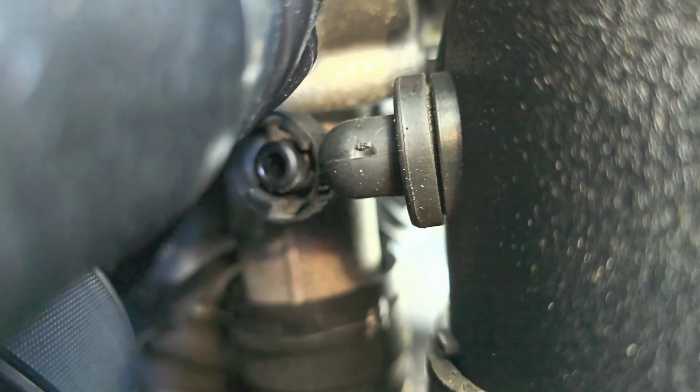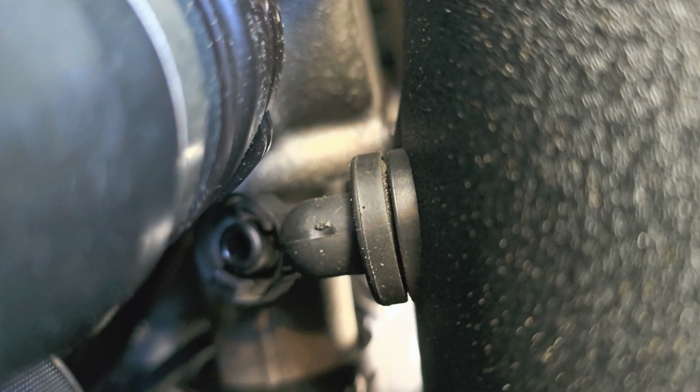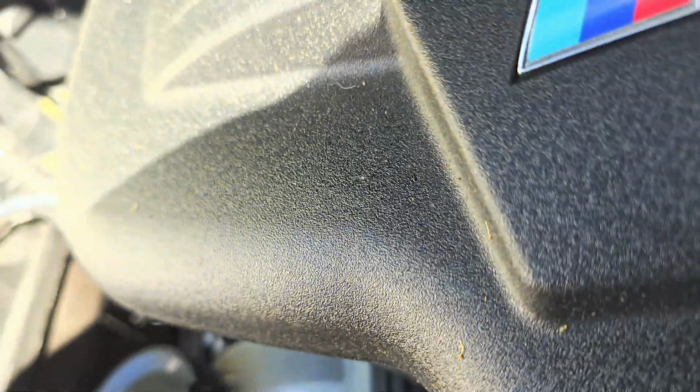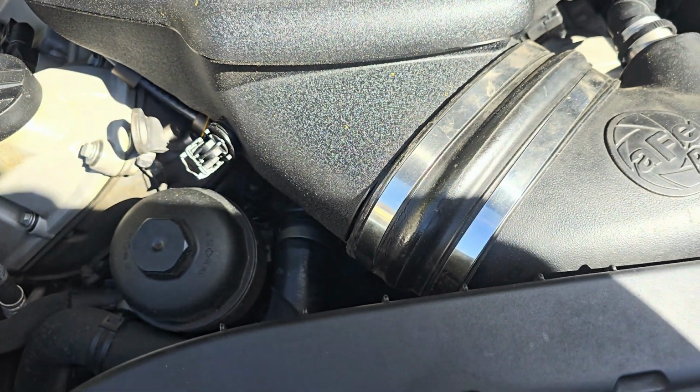So I found why the leak is. I'm trying to see if I could get the camera down there, but look, the thing for the intake is off, so I believe this will actually fix another one of the problems. Let's see if I can get it. But let me just put the camera away, because